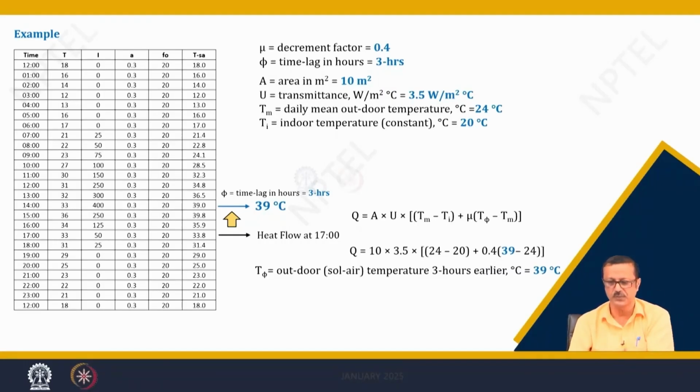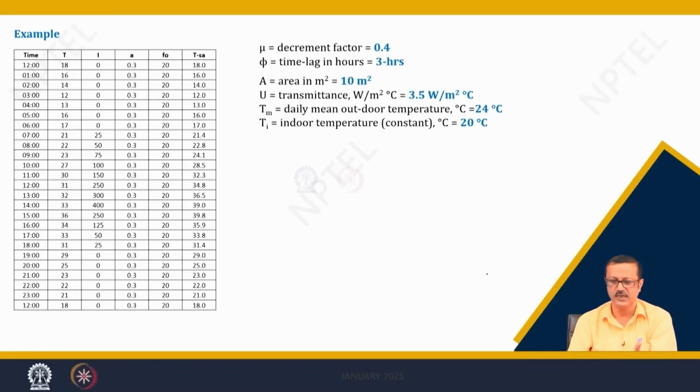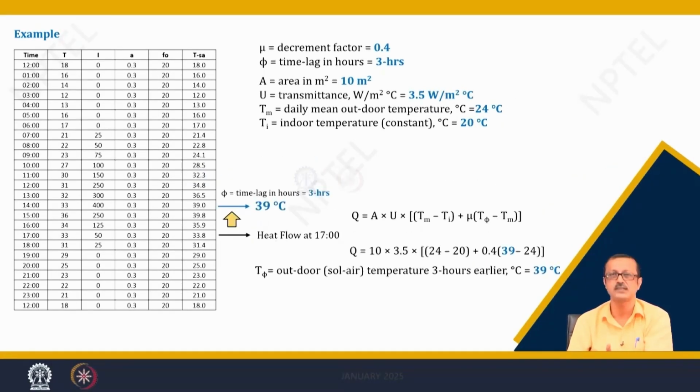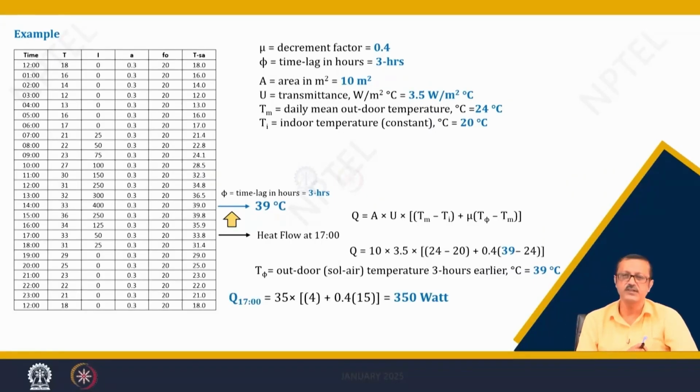Only change in this equation will be, instead of 32.3, here it will be 39, and the heat gain is 350 watt, which was 256 over there. So, more heat will be conducted at 5 o'clock with respect to 2 o'clock,